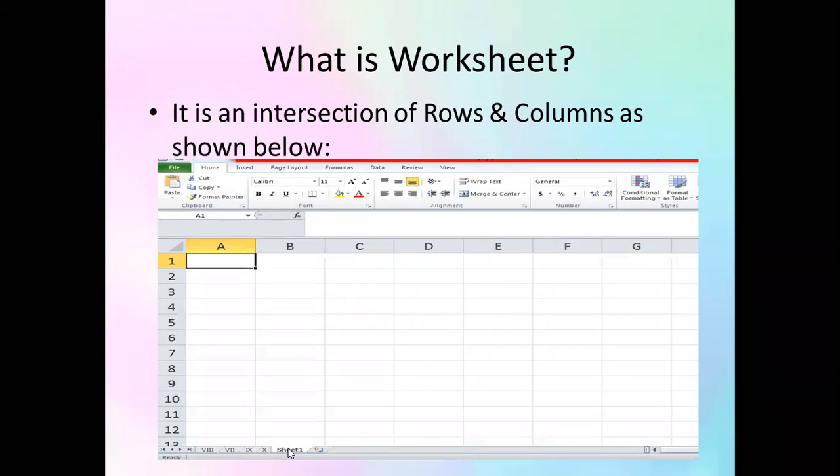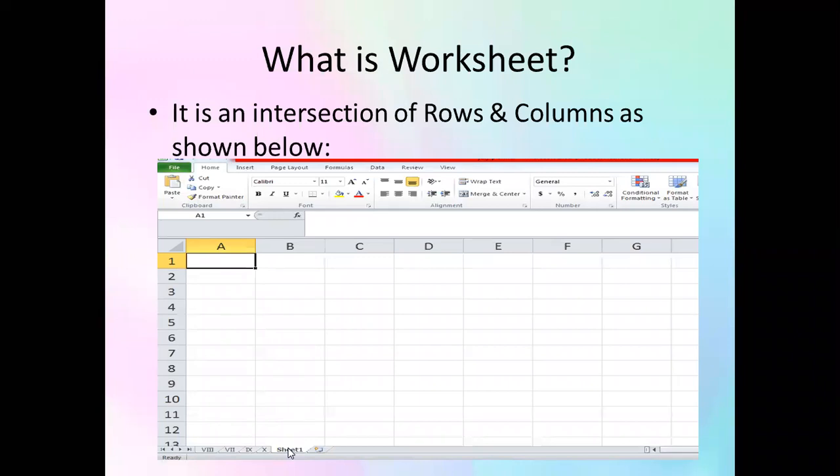So what exactly is this worksheet? It's an intersection of rows and columns. Intersection means where they are linked. Now, what are rows and what are columns? Columns are A, B, C, D, E, F, G, and so on. These are the columns of the worksheet. And 1, 2, 3, 4, 5, 6, 7, 8 are the rows of a worksheet.